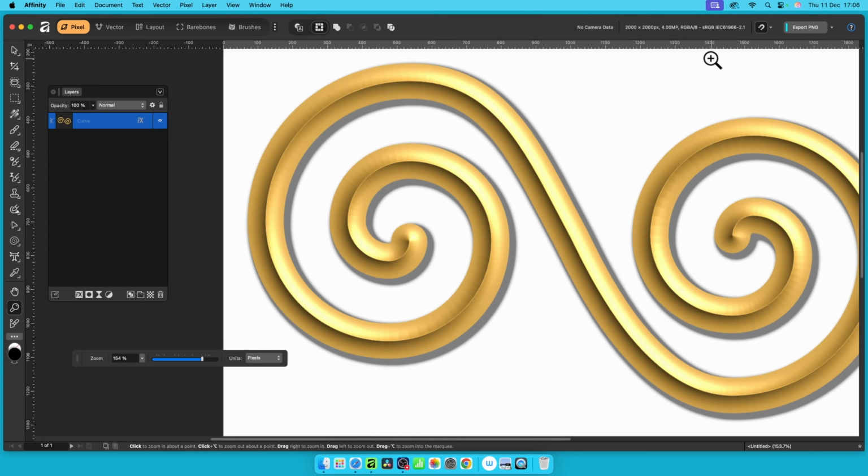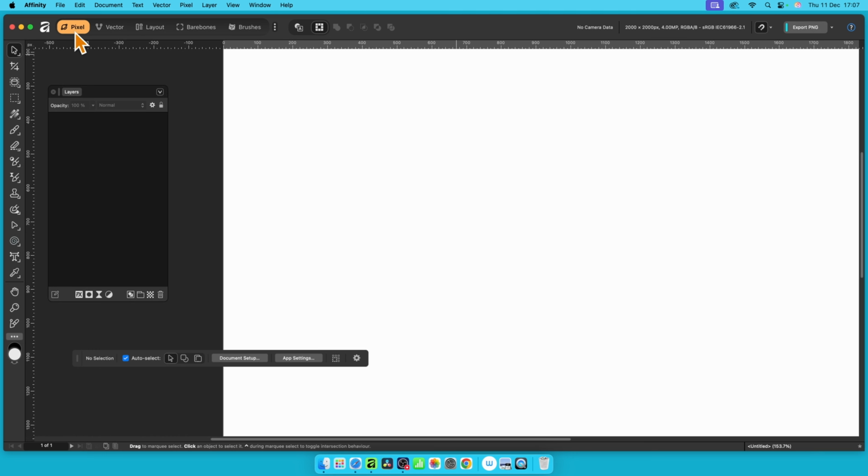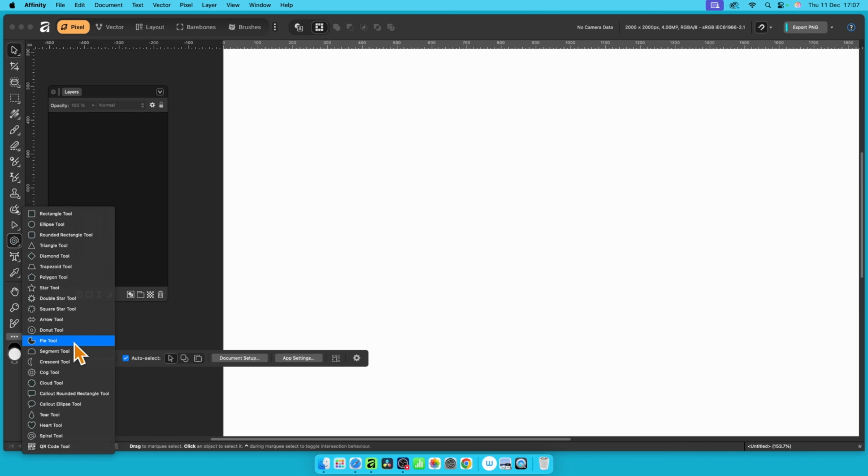How to create a flourish or embellishment or swirl design like this in Affinity 3, PC or Mac. First step, let's just remove it, and it's going to be a spiral. This is the initial design of it. So a spiral, I'm using the Pixel Studio, but you can use Vector Studio, perfectly reasonable, and go to spiral